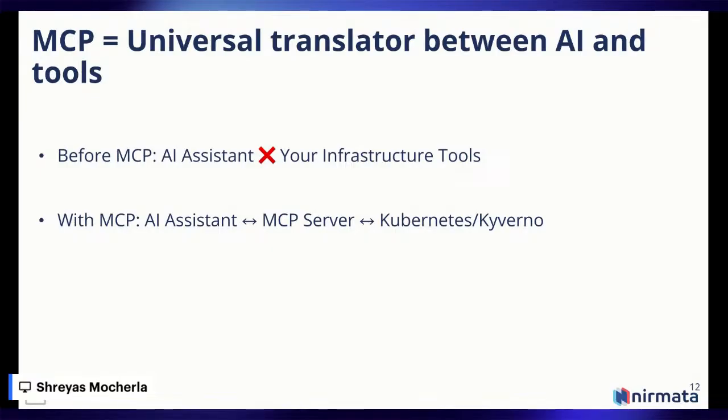But with the help of MCP, what we can do now is enable these AI chatbots or assistants with multiple tools. So we're enabling these chatbots to actually act upon a request. In this specific scenario, we have a Kyverno MCP server, and we run Kyverno commands and control Kubernetes clusters through our MCP server.